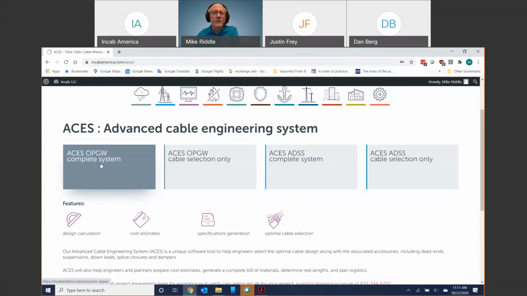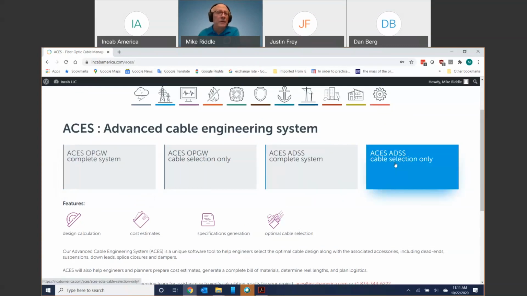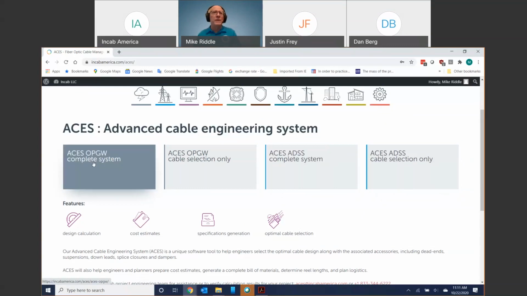So what I'm going to do today is first I'm going to do an OPGW complete system, and then I'm going to do ADSS cable selection only. Because once you get past the cable selection, the steps are pretty much the same for both types of cable. It's going to walk you through to help you look at your sags and tensions, and it's going to walk you through your accessories. And also help with rear links. We'll see everything that it does, but what I'm telling you is that once you get past the cable selection, the following steps are pretty similar between the two programs, so I only need to show you that once. So let's start